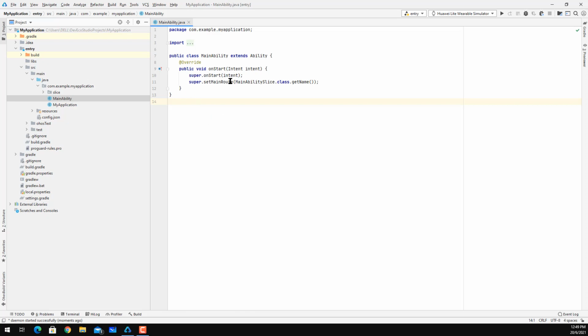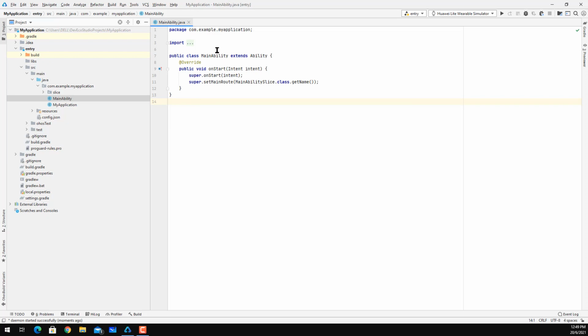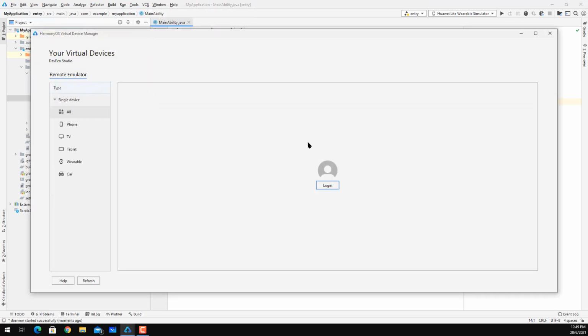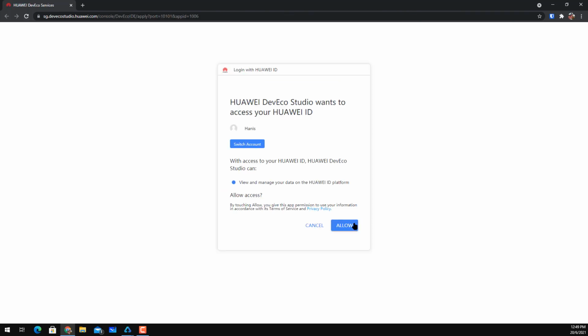So here, what I'm going to look at is basically what we call the device manager here. So I can see, of course, you need to log in. So if you have Huawei devices, you can log in using Huawei services, QR code. So scan and then press login on my P10 Plus. So allow,